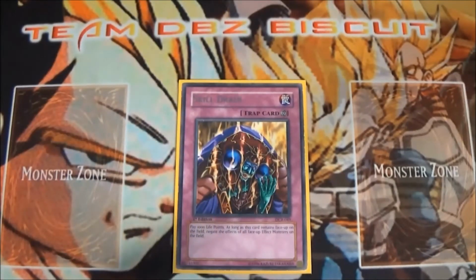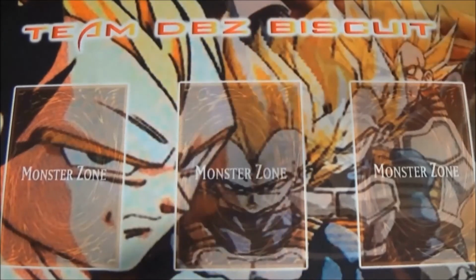You want to be able to beat down, pay that 1,000, make everybody a normal monster, and you're the biggest monster on board, start beating from there. But that is it for the main deck. For the extra deck,